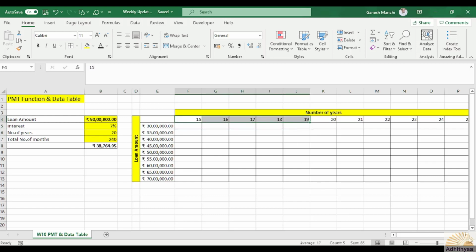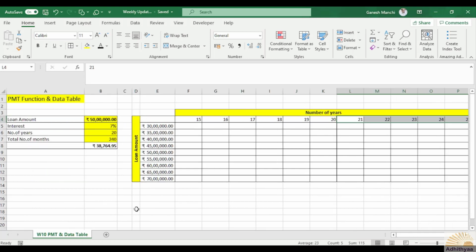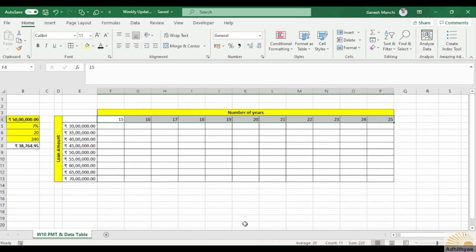And if he wants to increase the number of years, you can see here. This one is the amount he is going to get, or the options available here. This is the number of years in which he is going to repay the money.